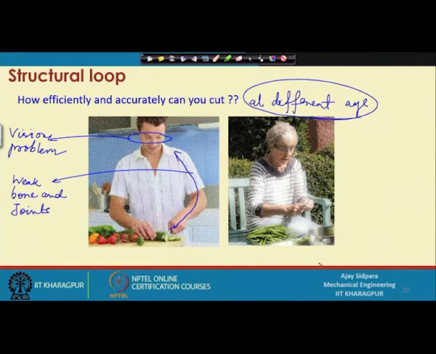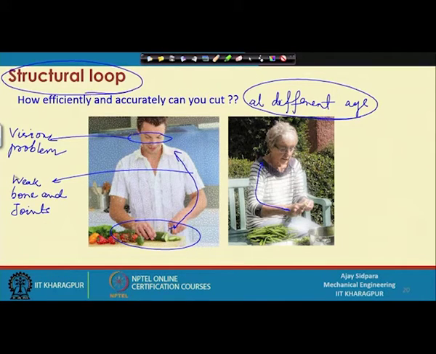But when we become a little bit older, at that time our strength and everything decreases and we are not able to cut as efficiently as this one. So, there are problems with the joints and everything. The same thing is in the machine also, because when the machine is completely new, at that time all the axes and everything work very fine, whereas as time passes there are problems in the joints, and you end up with some loose connections in between the joints, which are very difficult to identify unless you do some type of calibration. And there is aging of the electronics components also, because everything will not work as fine as at the start, after 1 year or 2 years. So, everything will create a problem in the structural loop.